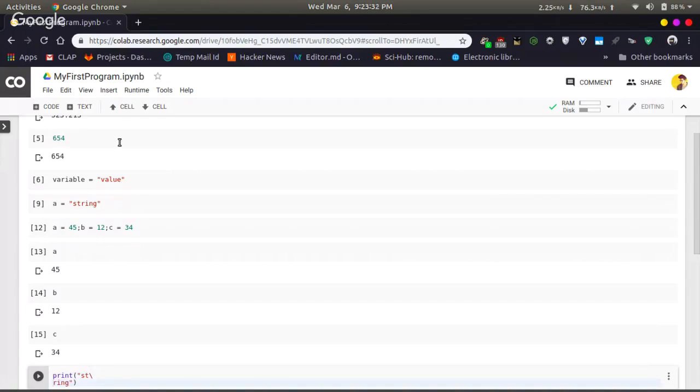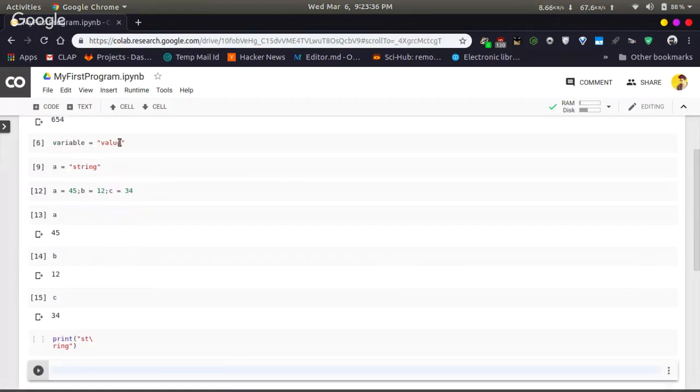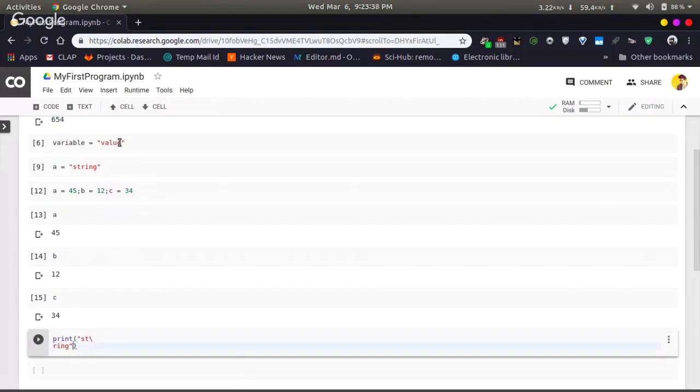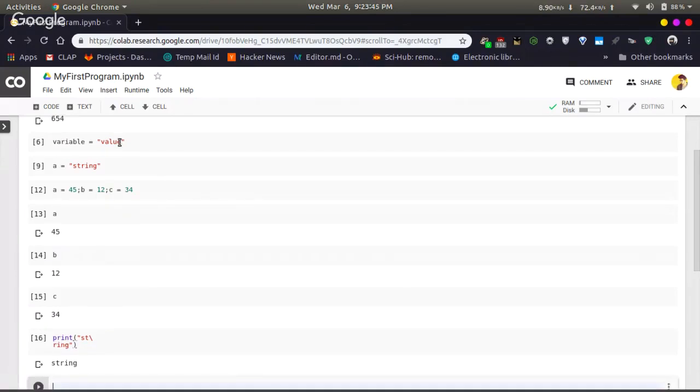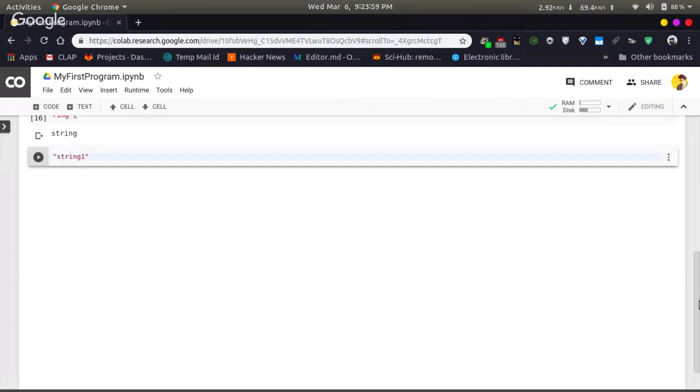You can use this backslash for splitting this line into multiple lines. It will still work. You can concatenate two strings by the use of the plus sign.